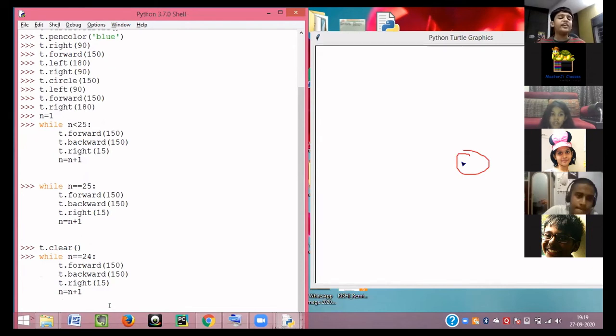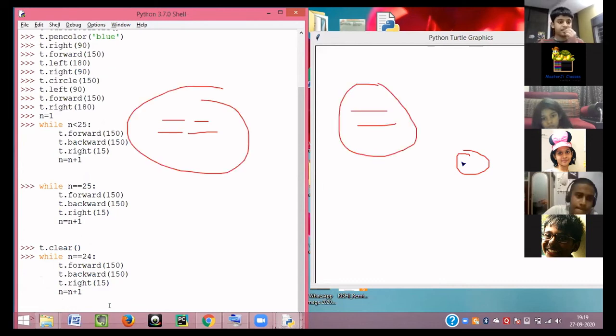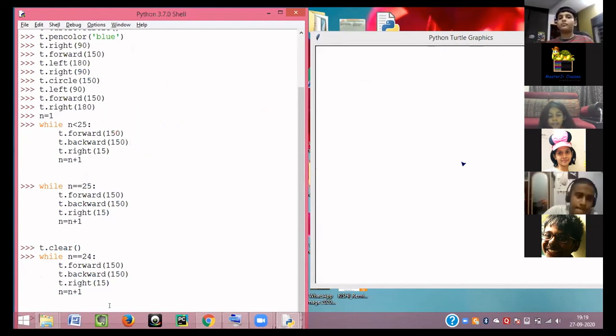Sir, why did you keep two equal to signs? Because whenever you're working in computers, whenever you have to check whether two numbers are equal, you have to put two equal to signs. In mathematics, you put only one equal to sign. Yes, sir, because I'm learning algorithms in school.